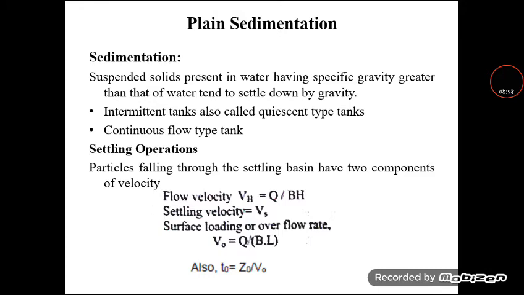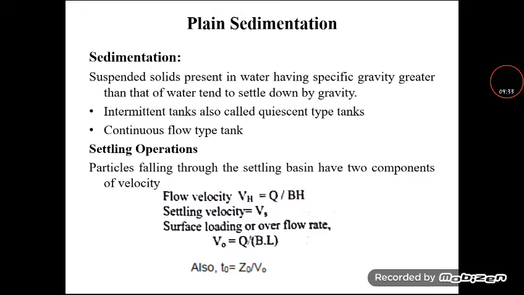The main purpose of adding chemicals for that is to increase the specific gravity. For a single particle the specific gravity is less, so by adding chemicals we make 10 to 12 particles come together. At that time the specific gravity of the particle automatically increases, and it starts to settle down. That process is called agglomeration, flocculation and coagulation. That can be achieved in the next unit, that is sedimentation aided with coagulation.